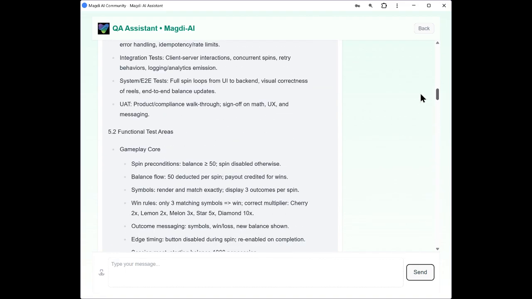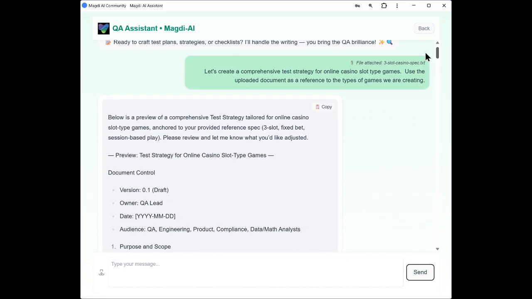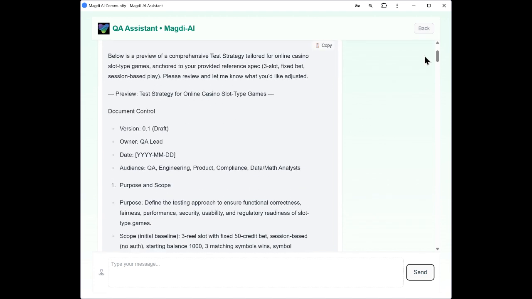You see Magdi AI after a few seconds delivered a preview of a plan. Here you will find in the chat window a copy button. So you can always copy out the contents of any window and then paste it in whatever your preferred document